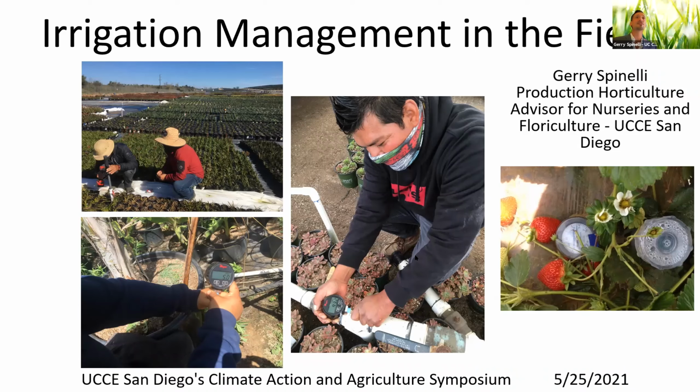This is my friend Alejandro measuring pressure. This is my friend Claudia measuring pressure, and he measures 93 psi and she measures 5, and we'll get back to it later. But what I'm trying to communicate here with these slides is that there is a strong people factor in managing irrigation in the field.